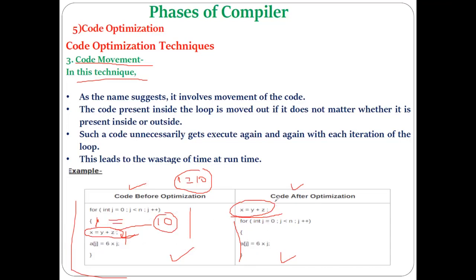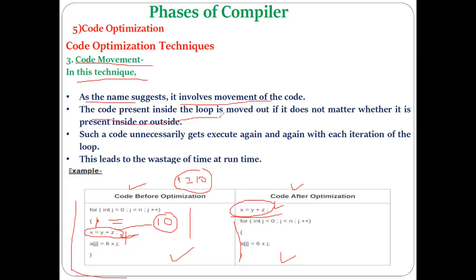So if you move this out of the loop, then your processing time will be reduced, and that is considered an efficiency improvement in the form of time. Understood? So moving the code out of the loop is considered a code movement technique without affecting the final output.